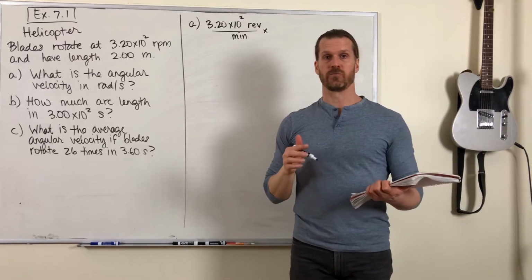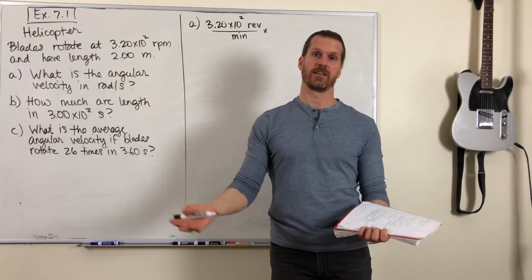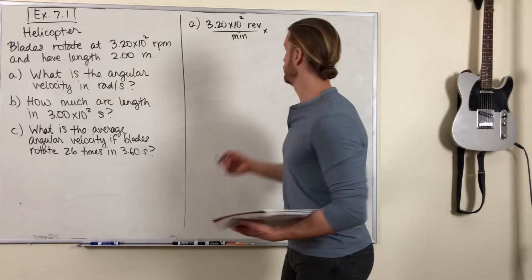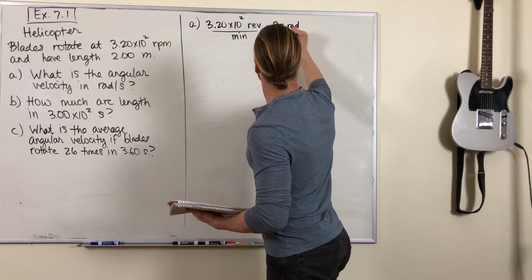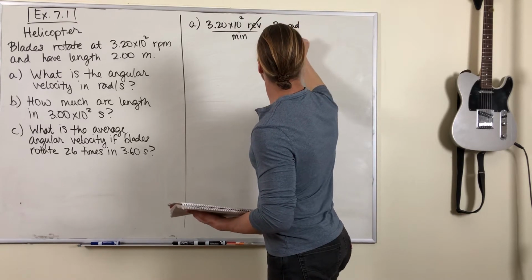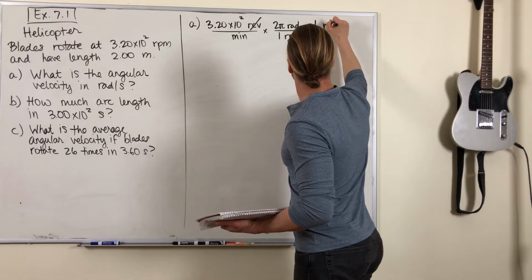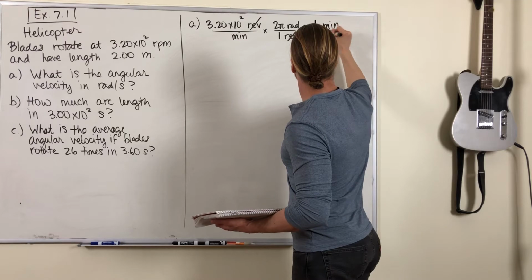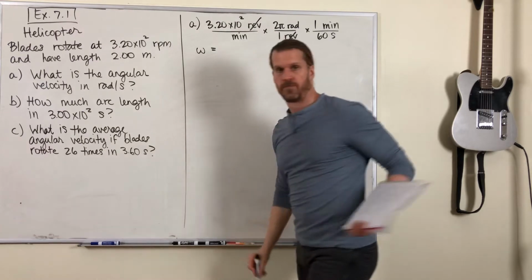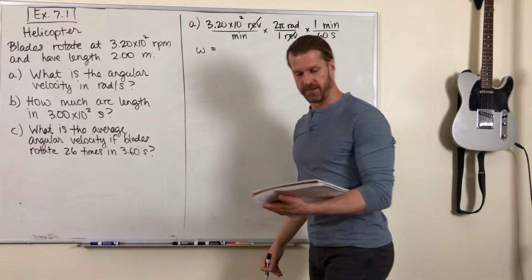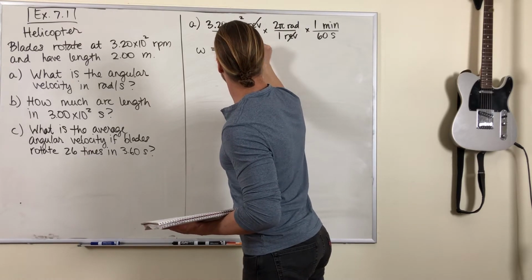So when we say revolution, we mean that the blades are going one time around a circle. So that is 2 pi radians in one revolution. And of course, 1 minute is 60 seconds. So we find that the angular speed of the helicopter blades is 33.5